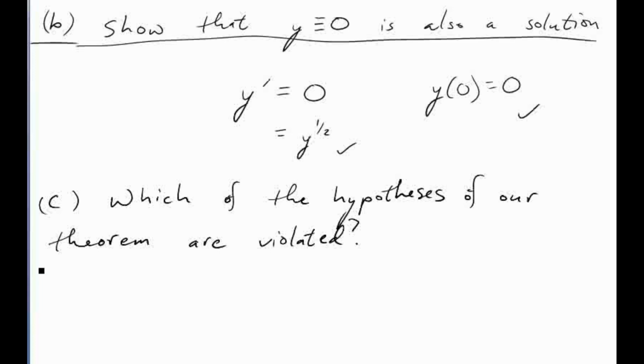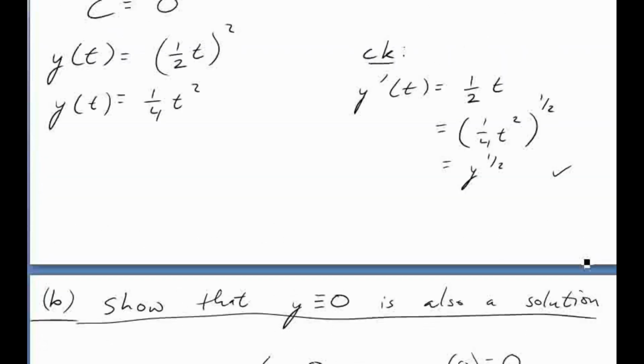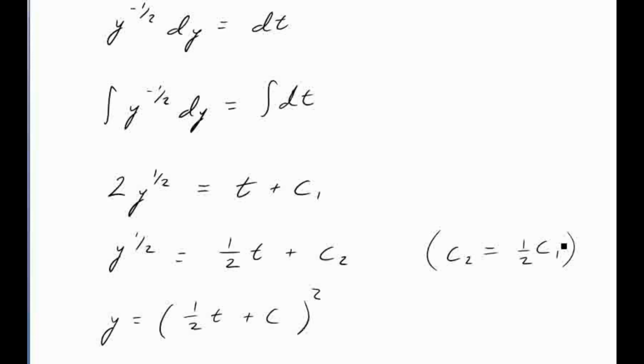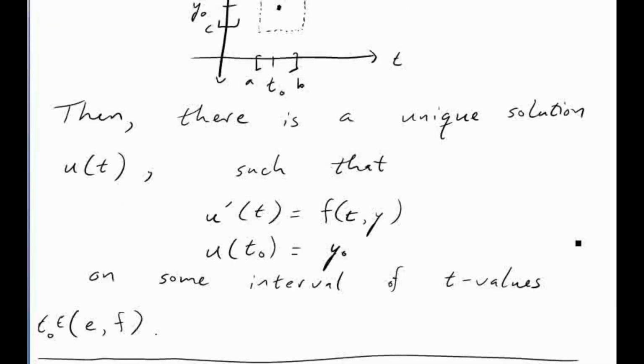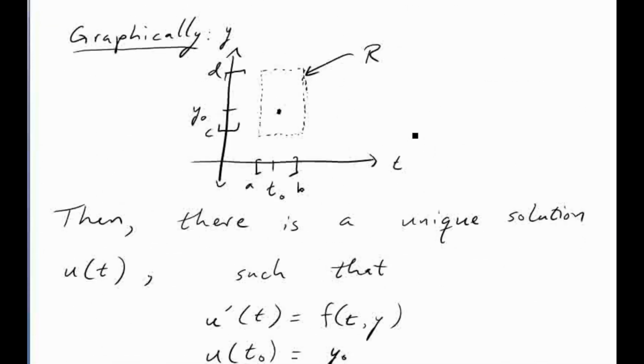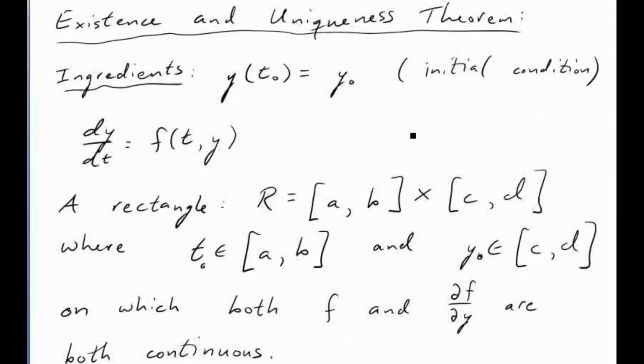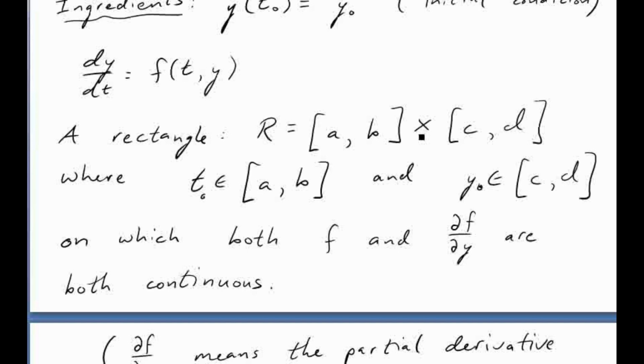All right, so hypotheses of a theorem are the conditions under which it is true. So let's go ahead and look back at our ingredients and see which one was spoiled. Okay, so here we have an initial condition. That's fine. We have a differential equation. That's fine as well. And we need to have a rectangle surrounding